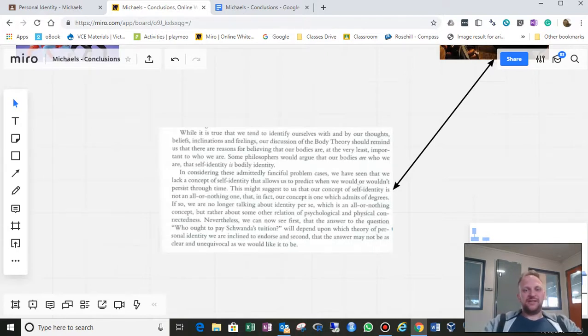So in considering these admittedly fanciful, which means made up, kind of crazy problem cases, we have now seen that we lack a concept of self-identity that allows us to predict when we would or wouldn't persist through time. So this, to me, reading this, was probably the thing that needed to be further elaborated on. I wanted to know more about what she meant by that. Then I can only make inferences at this point. My inferences are that